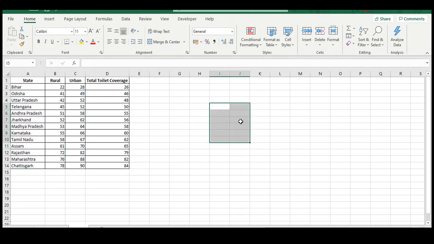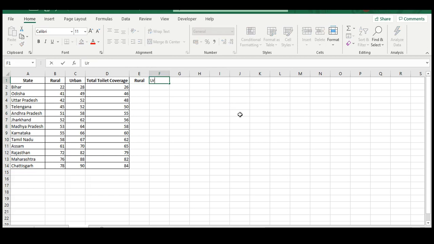Now to create a butterfly chart, the first thing that we need is, you think of a butterfly, it has two wings, the left and the right wing. And so we also want our data to be represented on each side, one at the left side and the other at the right side. For that we need to create data that can be represented on two sides. For that, I'll create two more columns.